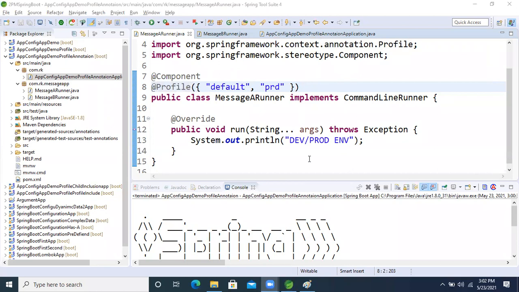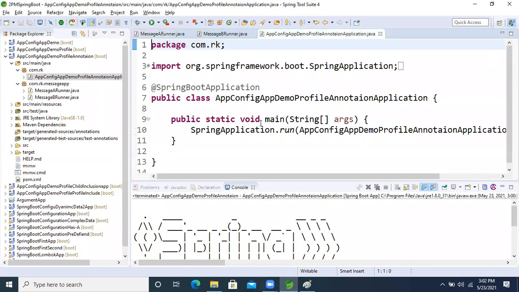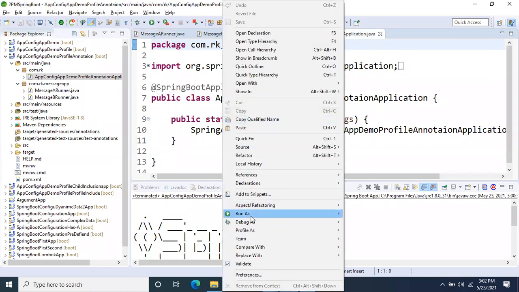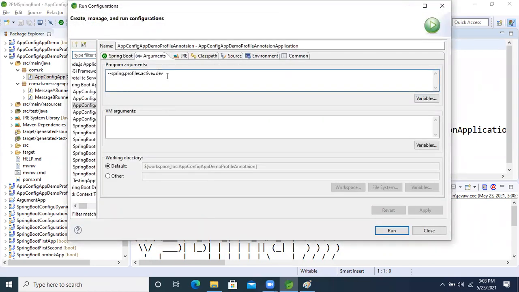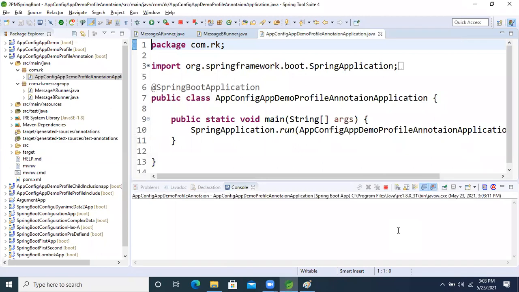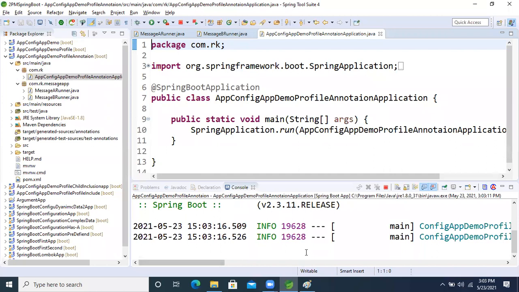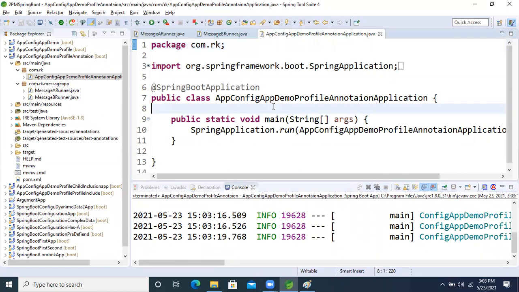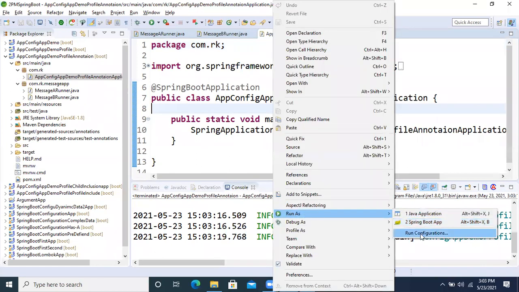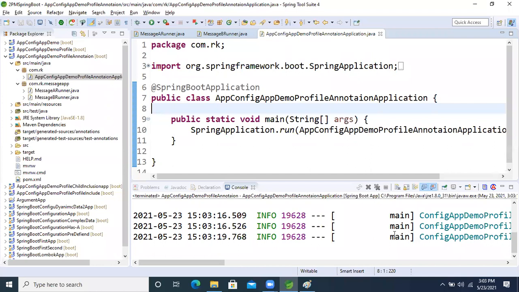Okay, one minute, we will run it again. Run As, Run Configuration. I'm taking PROD, production, right now. Apply, Run As. Something is wrong, it's PRD. Spelling mistake.